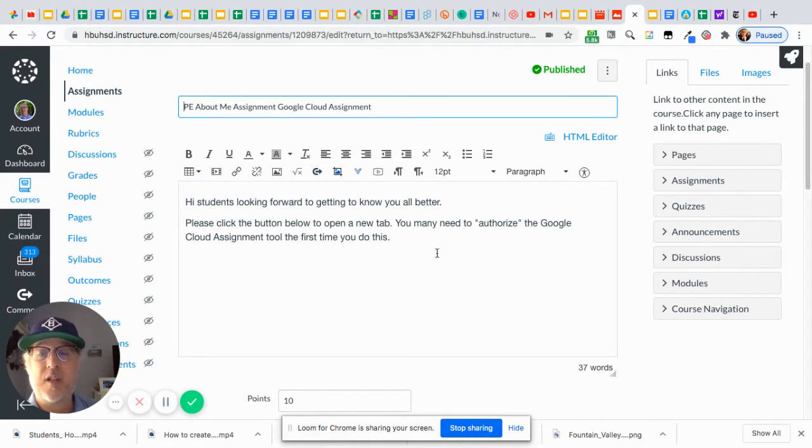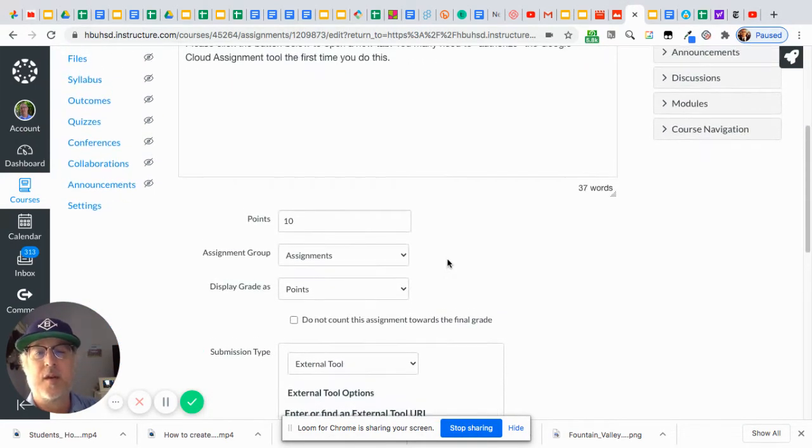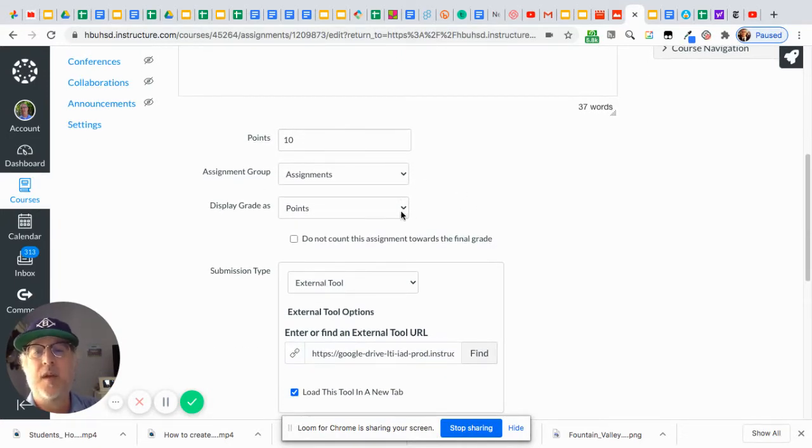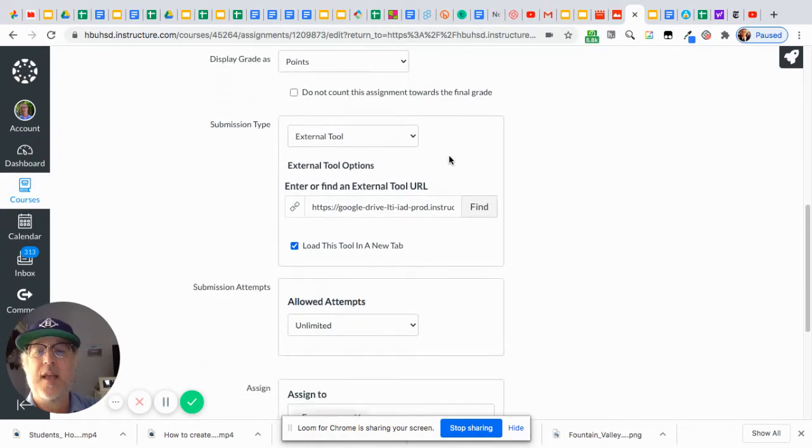And I'm going to make a follow-up video for students to use. So if you want, you can share the video on how to do this as a student the first time you send them this assignment, so they can watch somebody kind of go through the whole process. So you just tell them what it is that you wanted, and then you're going to come down here, you pick the points, you pick an assignment group, display grades as, and then for submission type,